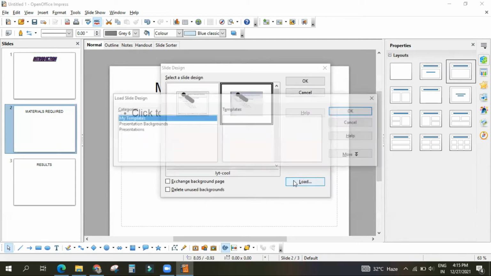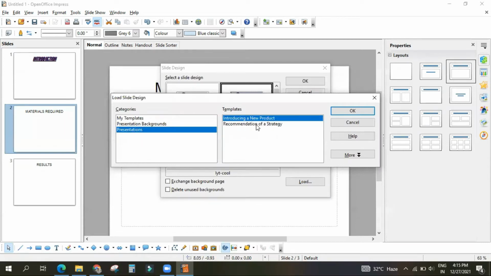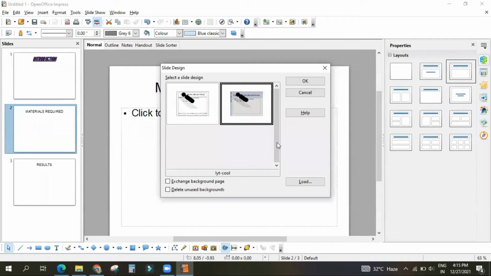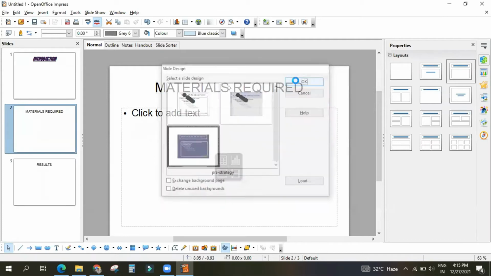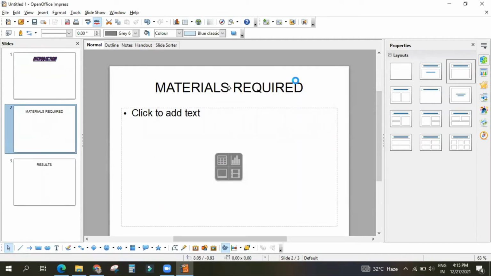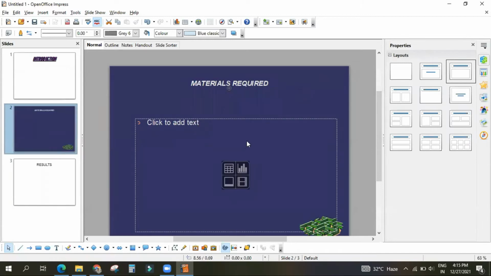Suppose you don't want this one, then you can choose some other like this one, recommendation of a strategy. You see, that will also come. Suppose I want this one. Then it will be changed like this. Understood? Yes or no? Yes, sir.